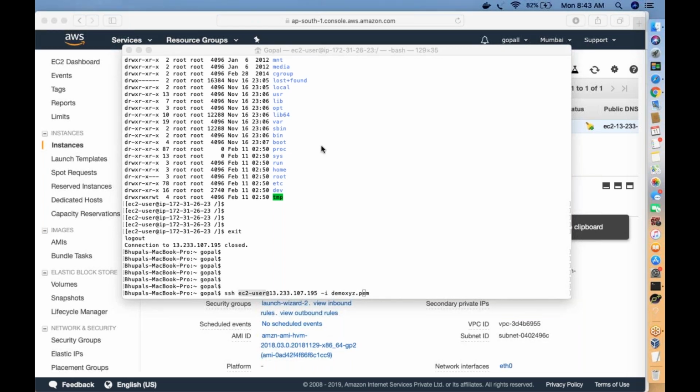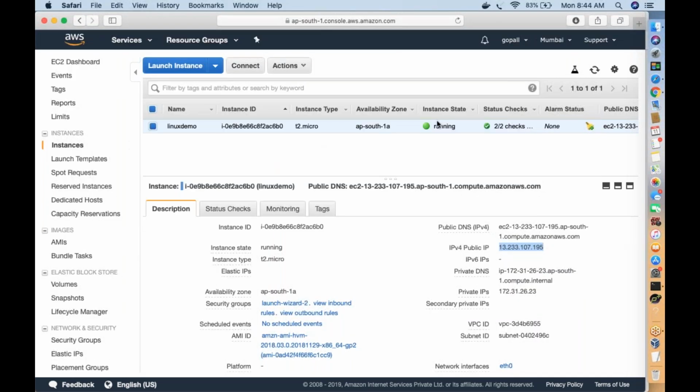If you want to relog into your server tomorrow, no, no, no. Just open your PuTTY, select your server, click on the load. The server name you have given, Demo server. Click on that server name and click on the load. It loads all your details in PuTTY, click on open. It will open. That's it. So the server will be in the running state all the time? Yes, the server should be in the running state if you want to log in back.